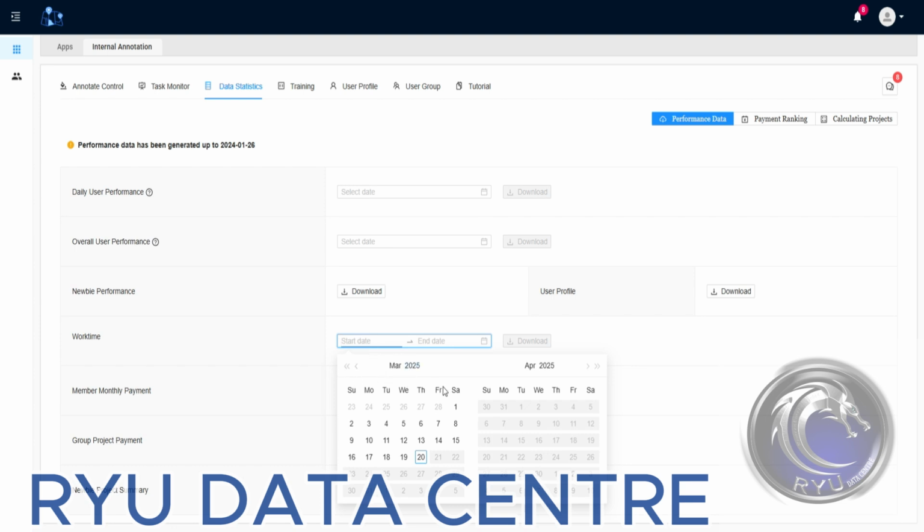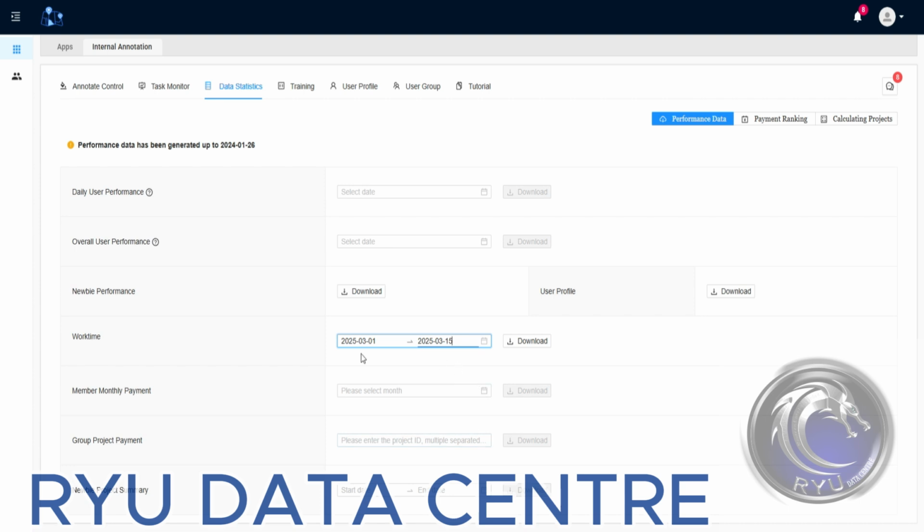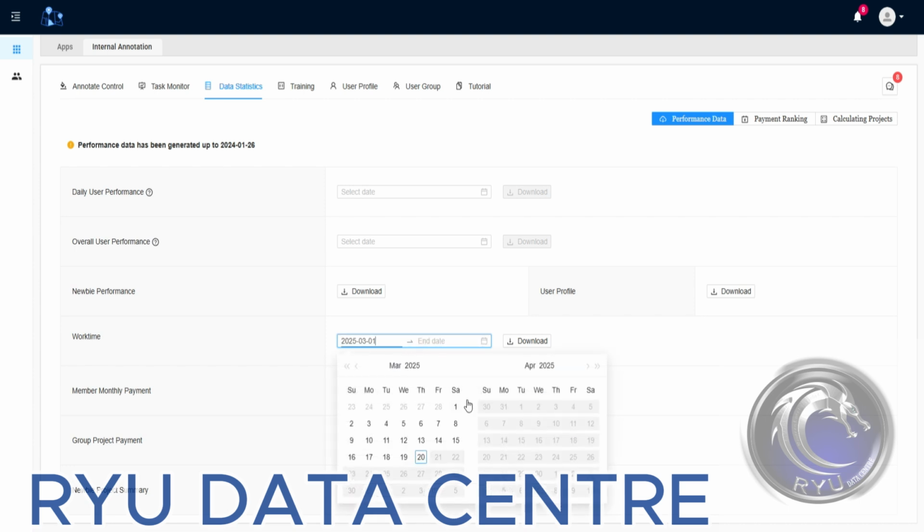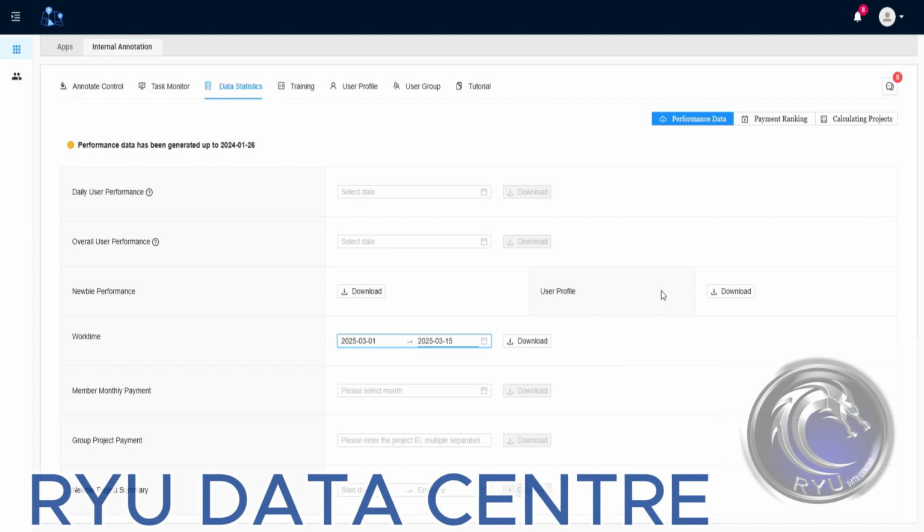If you want to check how many hours you worked from March 1st to 15th, you just click March 1st and then the 15th, and then click download, and it will automatically download for you.